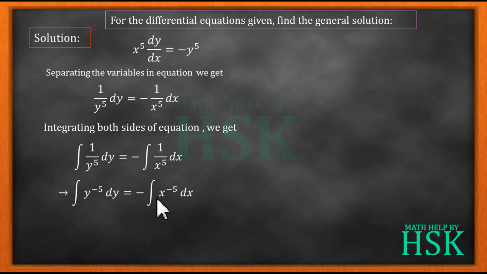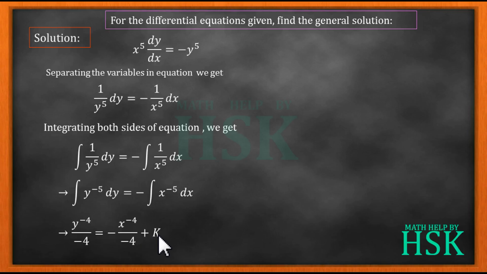Now these two terms can be integrated very easily, because we know that the integration of x to the power of n is equal to x to the power of n plus 1 upon n plus 1. So applying this formula, I am going to get y raised to the power of minus 5 plus 1 upon minus 5 plus 1, which is equal to y to the power of minus 4 upon minus 4, and similarly on the right hand side I am going to get minus sign as it is, x to the power of minus 4 upon minus 4